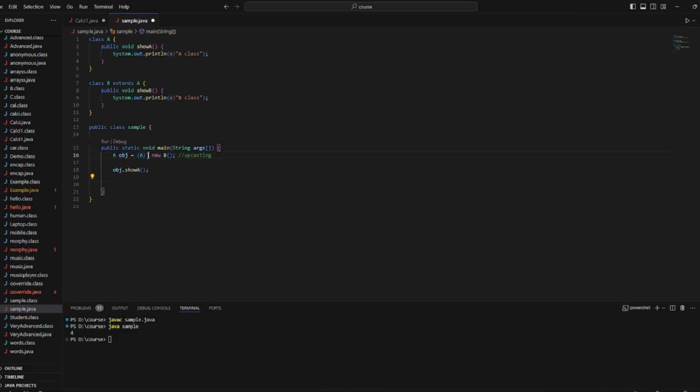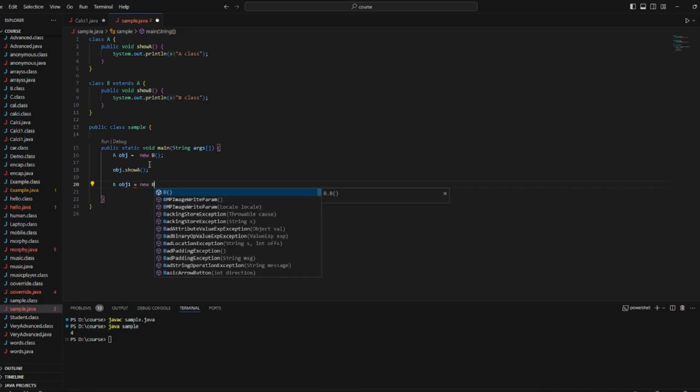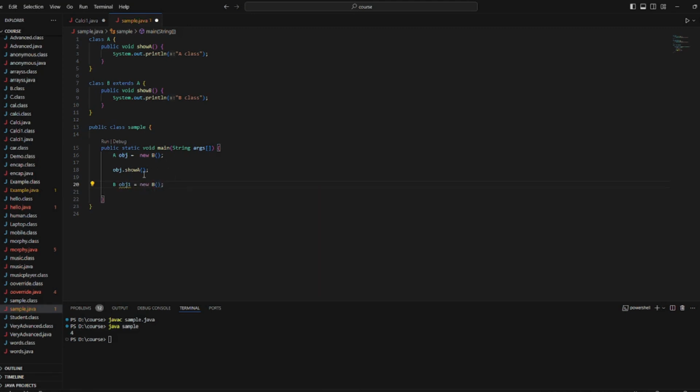Now I want to call showB. In order to call showB, obviously I cannot use object A. What I can do is create an object of type B. Instead of doing new B, it is the same thing which is here, right?